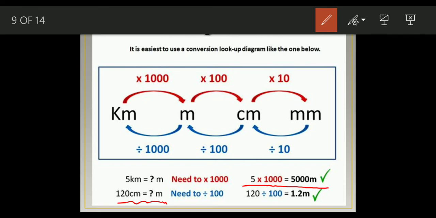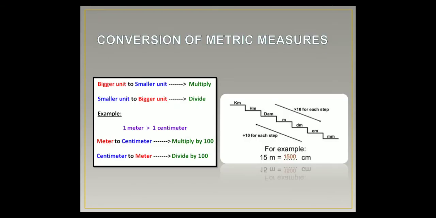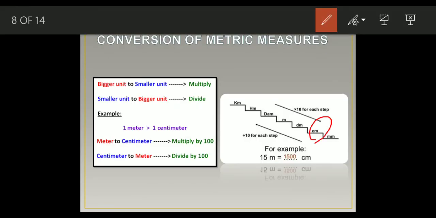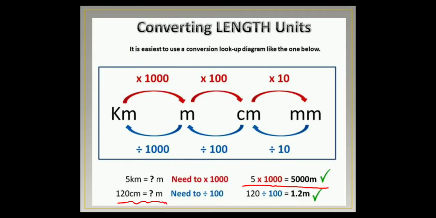Now I need to find out how many tens. So skip the centimeter, and after centimeter, I have centimeter here and I have meter here, right? From centimeter I have to go to meter. So leave centimeter. After that, how many steps are there? This is 10 and this is the next 10. So totally how many do I have? 10 into 10 is 100. Yes, understood. So I have to divide by 100.